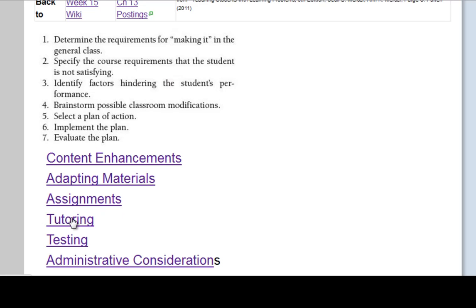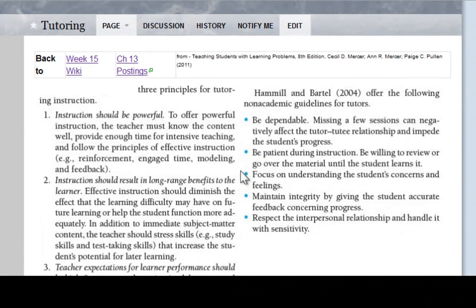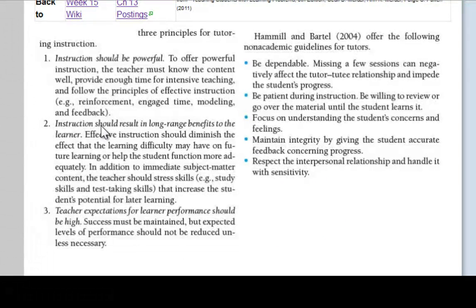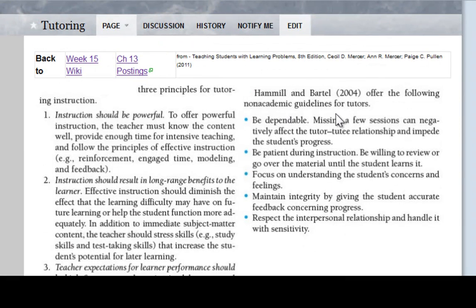And then tutoring. Three principles of tutoring should be powerful. Instruction should result in long-range benefits to the learner, and teacher expectations for learner performance should be high if there's a tutor, especially a peer tutor. Hamill and Bartell offer this about a tutor: be dependable, patient during instruction, focus on understanding, have integrity by giving the student accurate information, and respect their